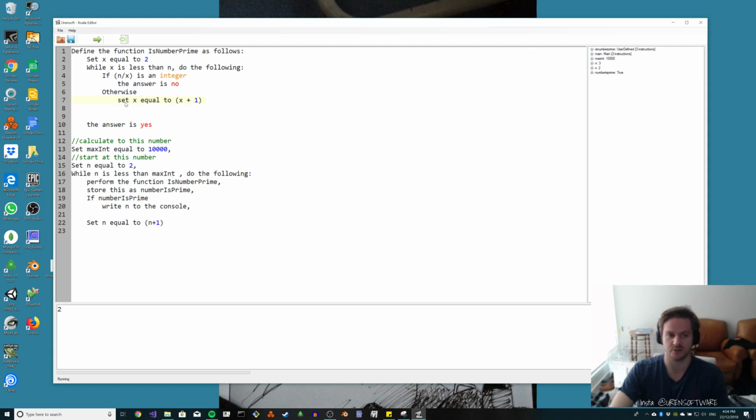So we encounter this instruction again, set x equal to x plus 1, and do the same thing, right? Okay, so now it's going to do the same thing. It's evaluated that now we've got 3 as x, n is 3, and x is no longer less than 3. So what's happened is we've reached 3 without finding a divisor less than 3 and above 1, and what we can infer here is